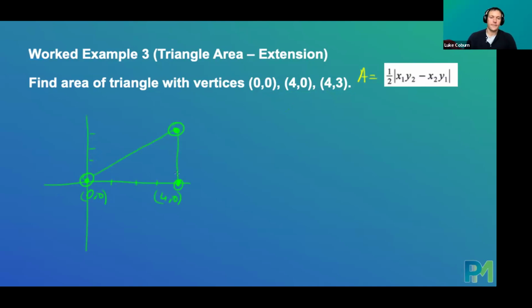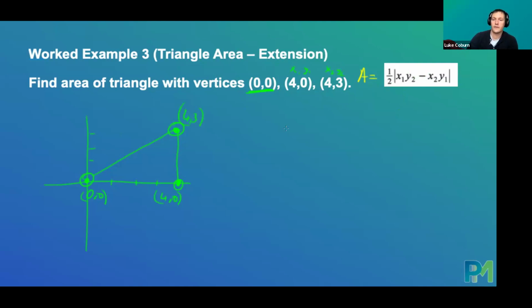Now, this formula here only has 2 points because, even though a triangle has 3 points, it only works if one of those points is the origin. So this is the point 4, 3. One of the points is the origin, so I'm going to call this one x1, y1,